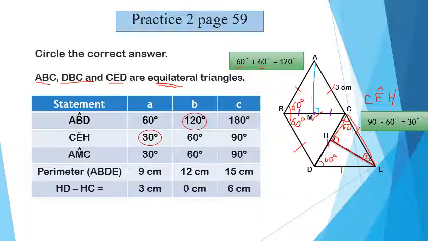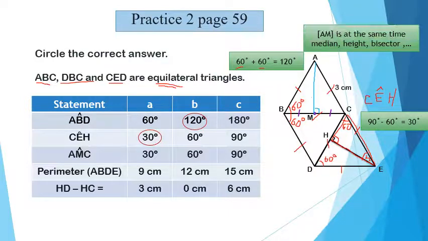Why? Because in an equilateral triangle, the segment issued from a vertex to the midpoint is a median in any triangle, but in this case we have an equilateral triangle, so it's at the same time a median, height, bisector and perpendicular bisector, so AMC equals